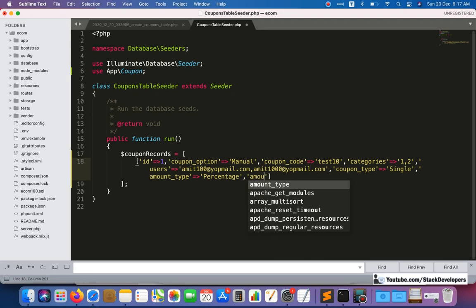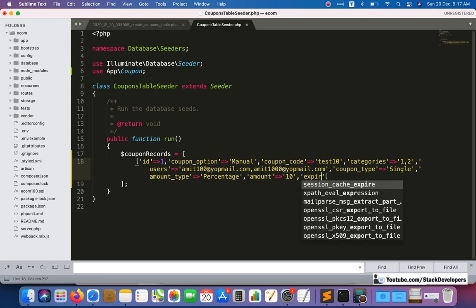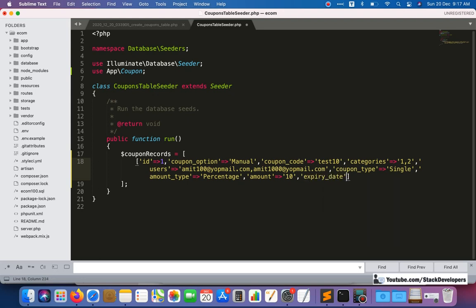And after that amount will be 10, as it is the 10, it will work as the 10 percentage. And after that expiry date, we will add the end of the year like 2020